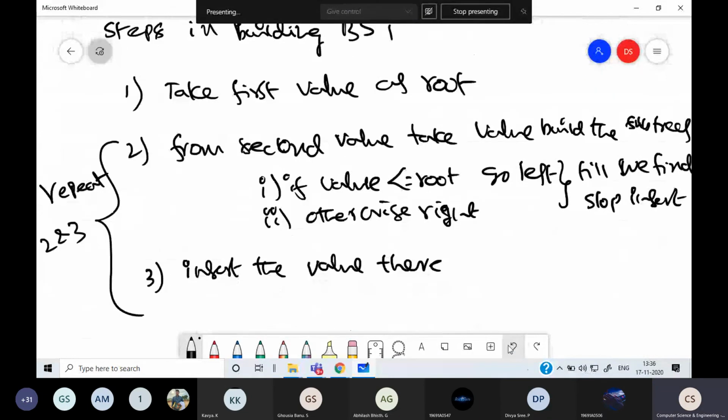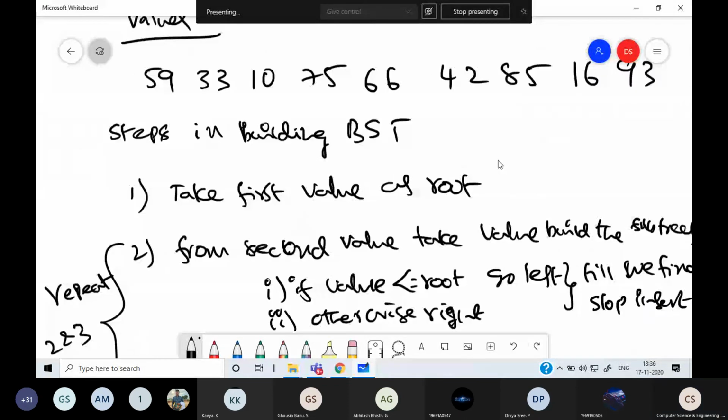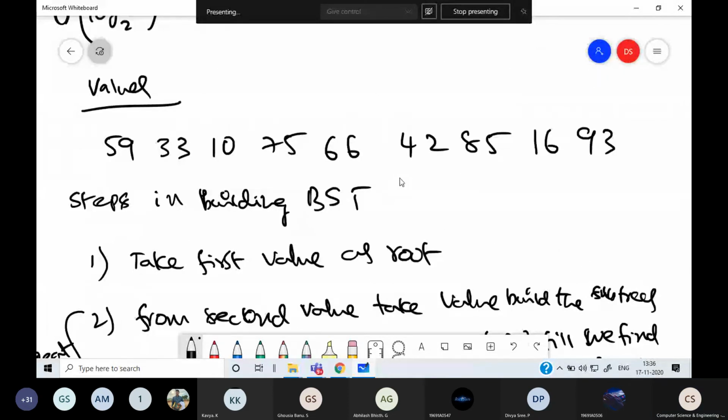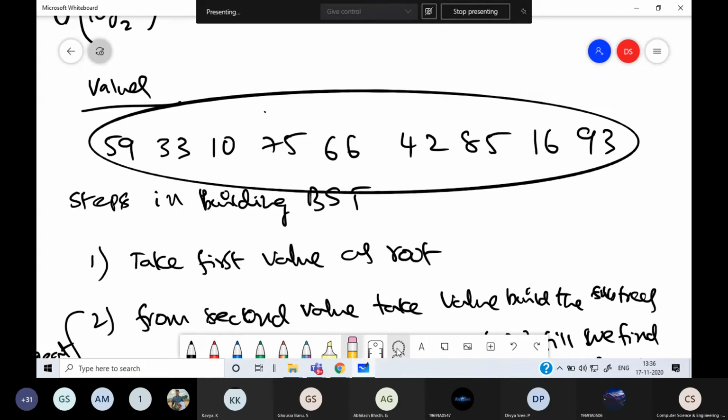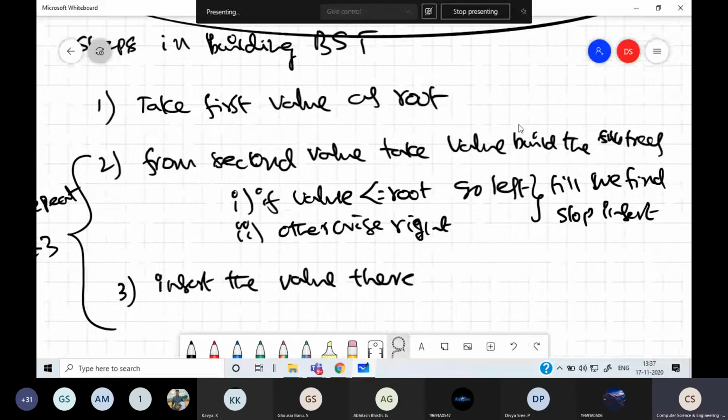So if I take these values, I'll take a different set of values.